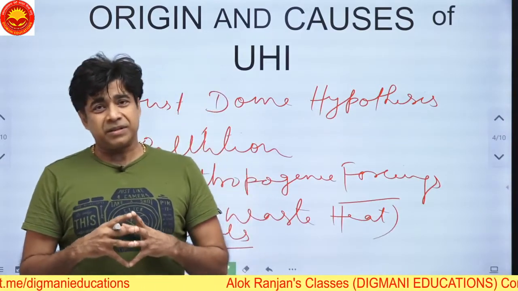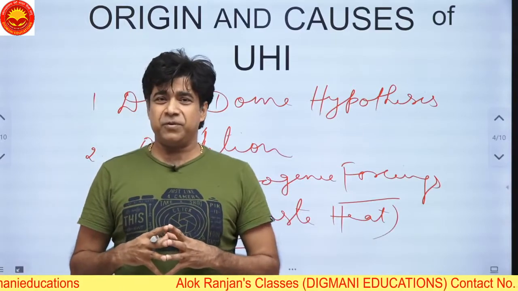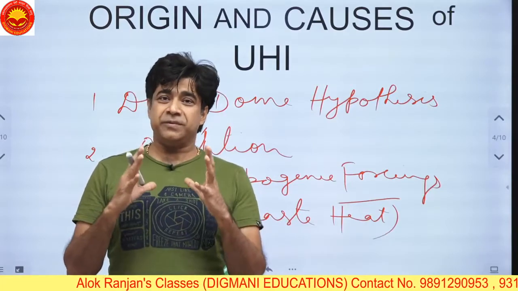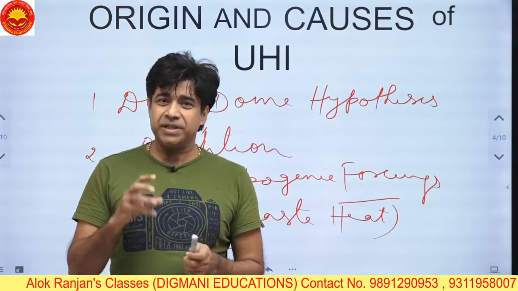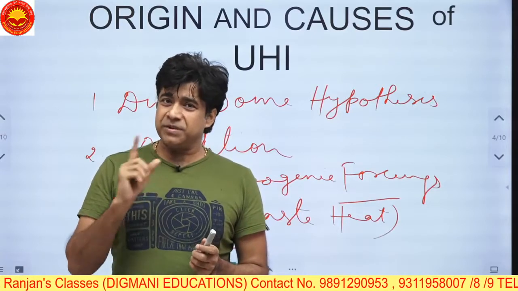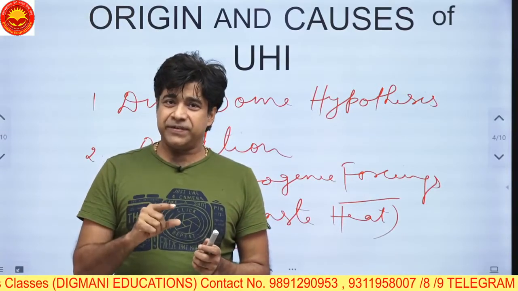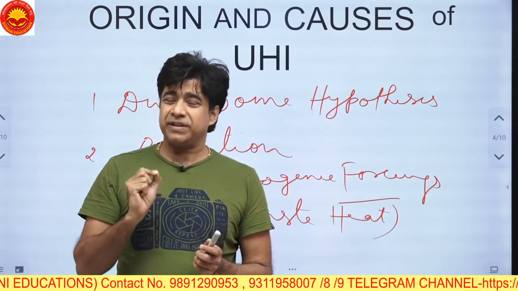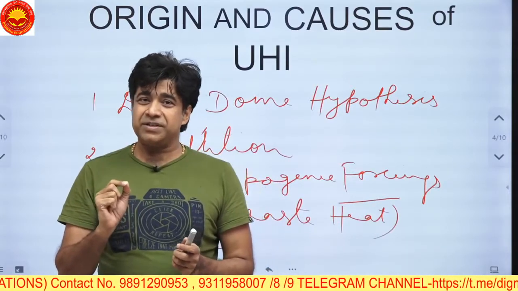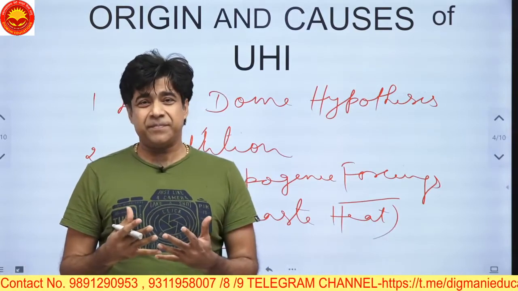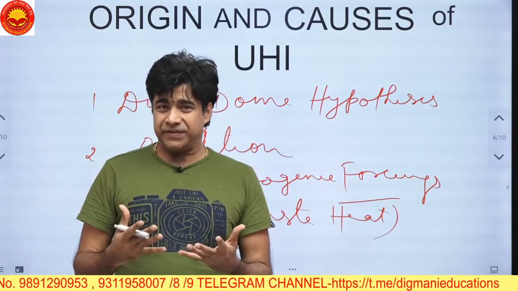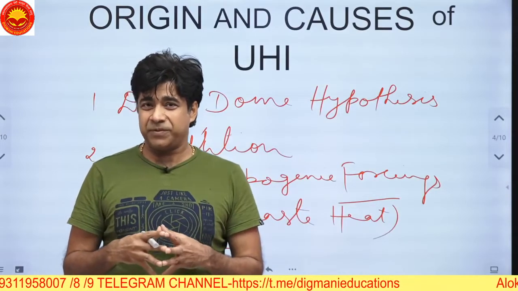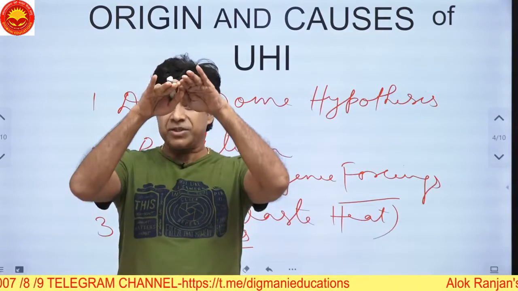Now this urban heat island phenomenon is more prominent during the night and especially during the winters. You must remember that urban heat islands are best developed during the winters, because during the winters the low angle of the heat, or the lesser verticality of the sun rays, or maybe you can call it the angle of incidence, increases. So all these facts will amount to less heating of the aerosols, and the aerosols are much colder.